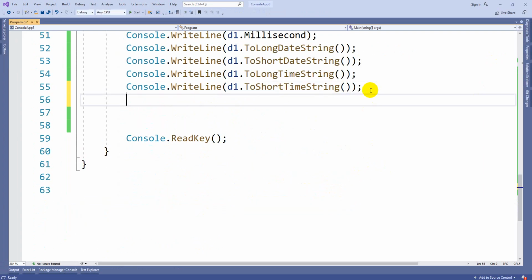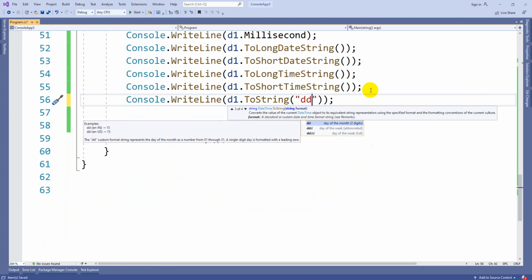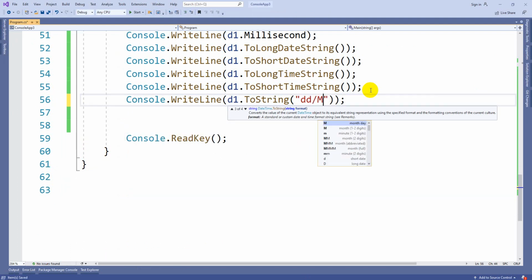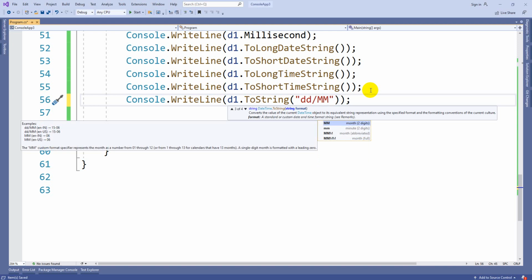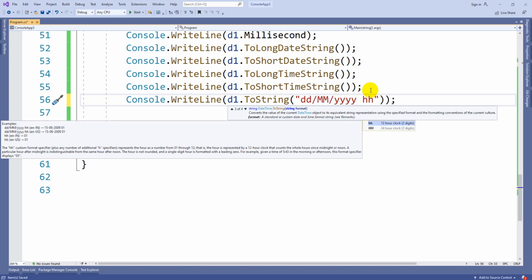Suppose in case you want to print in your own order, then you can use d1.ToString. Inside this you can mention in what format you want to print the date. Small d is date, capital M is for month, yyyy is year format, small h is 12 hours.